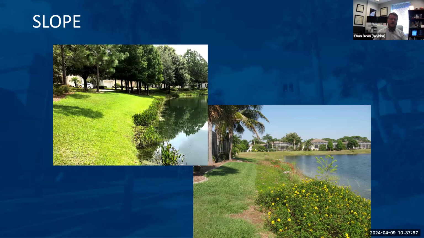It's also a good practice to have vegetation right at the edge or the bottom of the slope. And if I had to choose between them, I would say that the bottom of the slope is more important, because if you can eliminate the energy at the bottom of the slope, then you can eliminate the erosion that can occur at the bottom of the slope, and is usually the starting point for erosion that works its way up the slope. Okay, so getting good solid vegetation around the edge is a great way to improve the water quality, as well as keep the